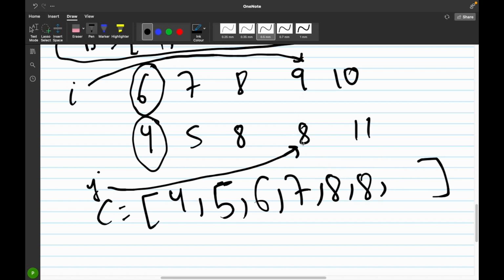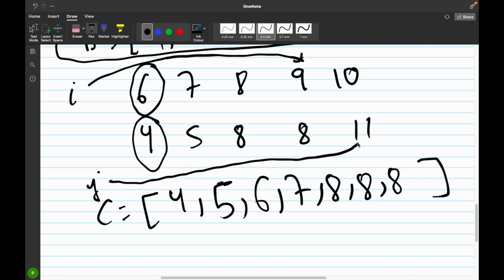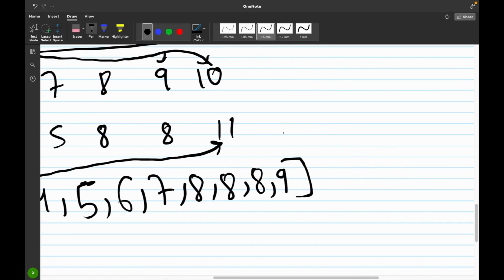So now 8 is smaller than 9, so we store 8 again. And now j comes to 11. 9 is smaller than 11, so we store 9 and move i's index to 10. So now 10 is smaller than 11,